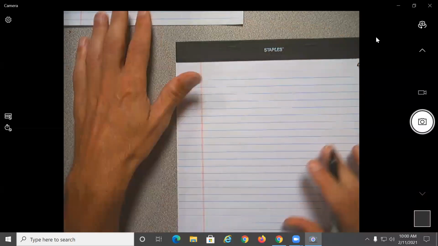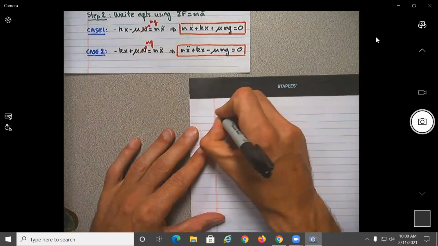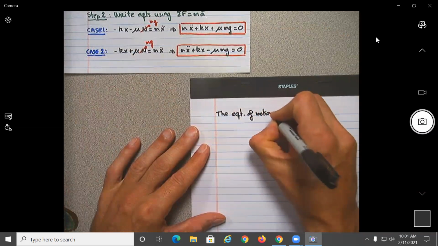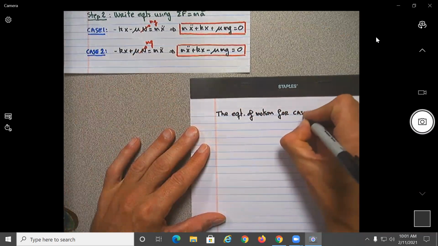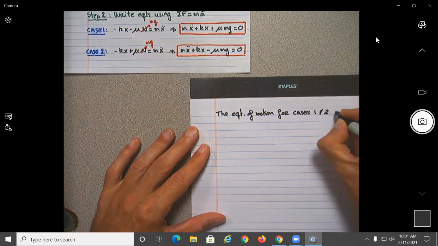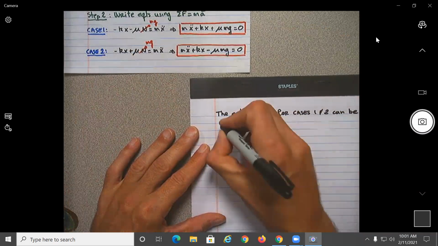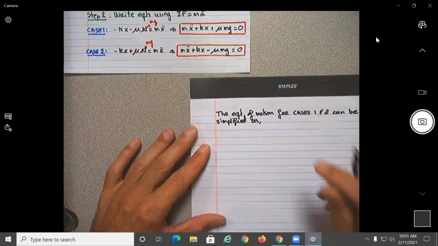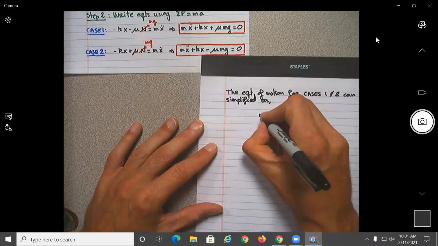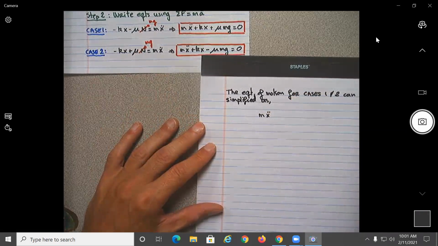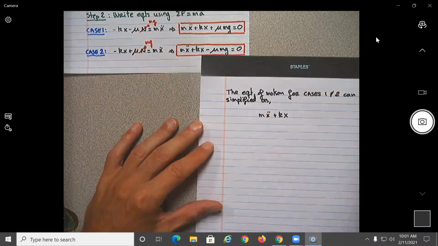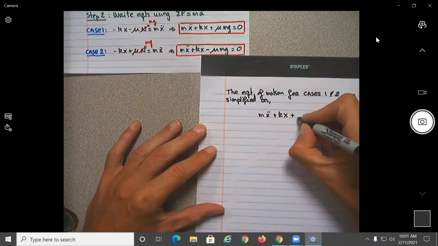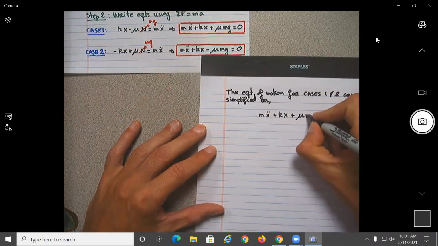The equation of motion for cases 1 and 2 can be simplified as just one equation that will be m x double dot plus kx plus mu mg,